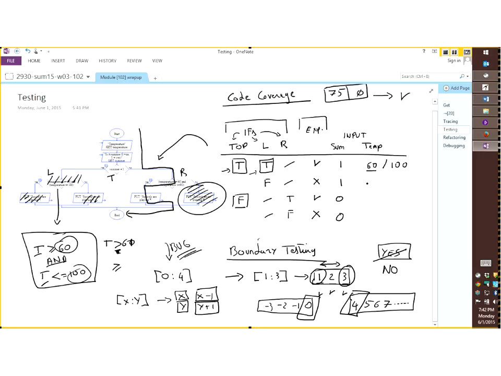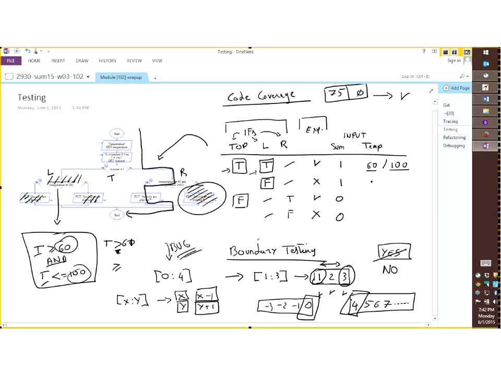So I'm going to take the two boundaries, okay, the two acceptable boundaries, upper and lower. And this here means that for this one line, I have two valid tests, okay? So one execution path, two tests to make sure that I trigger that execution path when I have a valid value, okay?